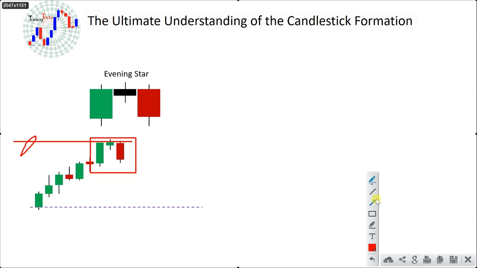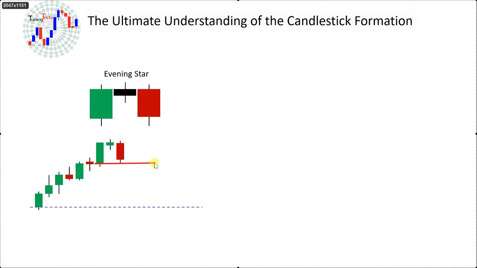Now you have to analyze this evening star here. From here we can see strong buyers' entry. Still there is a gap. Very strong buyers' entry, then buyers become weaker. So sellers' entry, but till the next level there is a gap, because this is the next level. Why? Because up to this level we have buyers' entry, then we can see sellers' entry and very strong buyers' entry from this level. So this is a level. This is a very strong level we can consider. This is actually an intermediate level because it is the middle of this momentum. So this is an intermediate level.